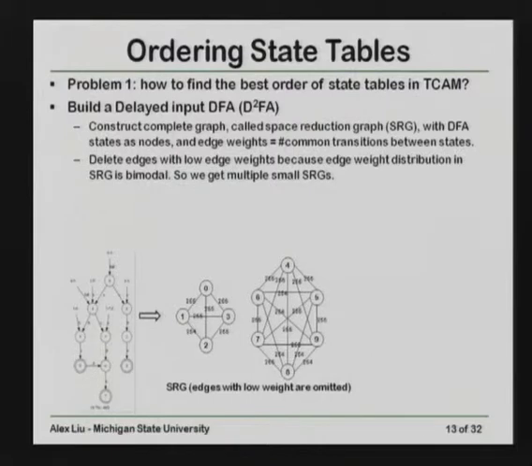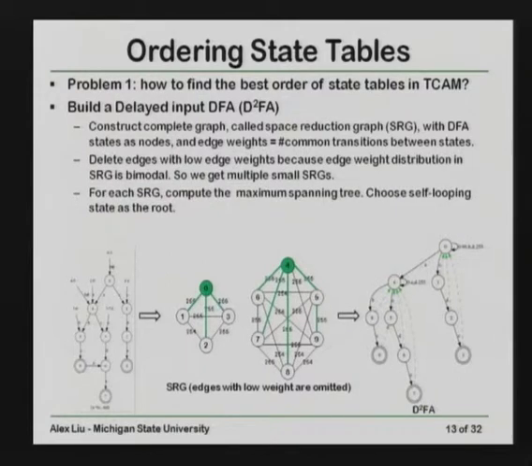So we use a cutoff. We choose 10 as a cutoff for our experiments. We delete edges with low edge weight, so then we get a forest. And then for this forest, we build a maximum spanning tree,